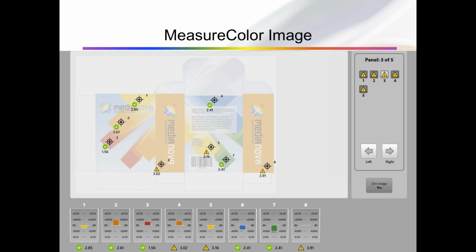MeasureColor Image is something that we developed to fix a breakage or breakdown in communication. A lot of times, be it print buyers or managers will want to designate certain locations in a piece of artwork for measurement that are outside of control mark areas, or maybe there's just no room on the printed work to fit control marks. Knowing where to measure inside the art is very important.